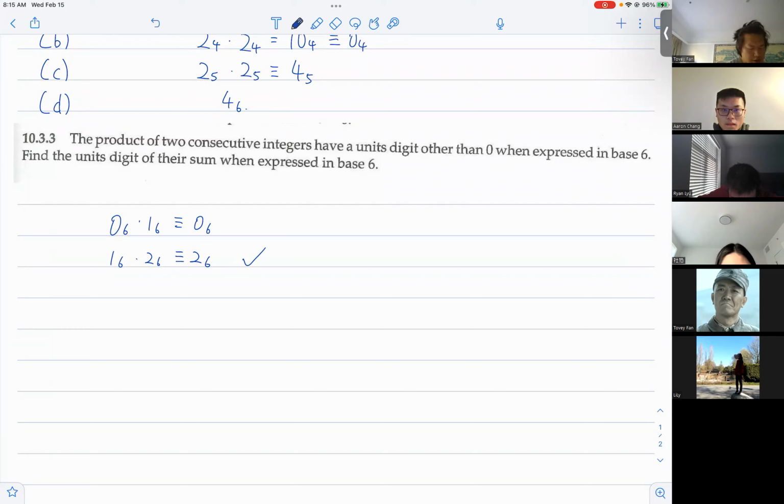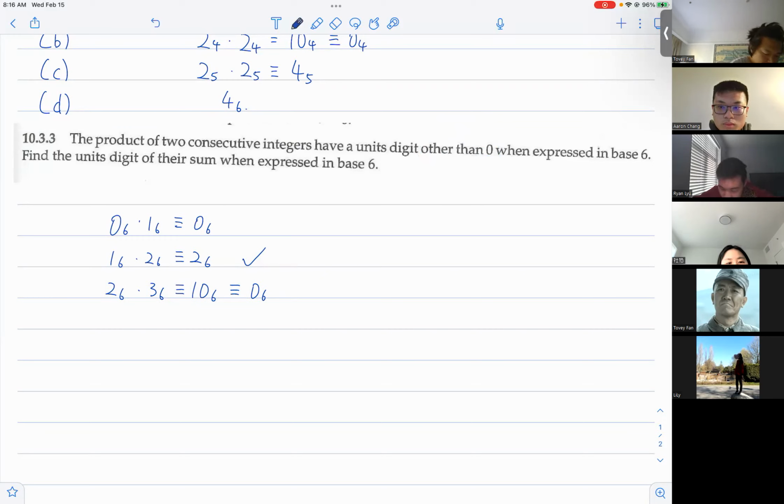So Aaron, this is another possibility. It could be 1 times 2, right? Yeah. And then we try 2 and 3. So 2 times 3 is 6. And in base 6, it's going to be 1, 0, right? So that means the unit digit is 0 again. 瑞卡，2乘3是不是6？在6进制里面就是10，所以它的 unit digit 就是0。但是题目说 other than 0，所以它也不可以。